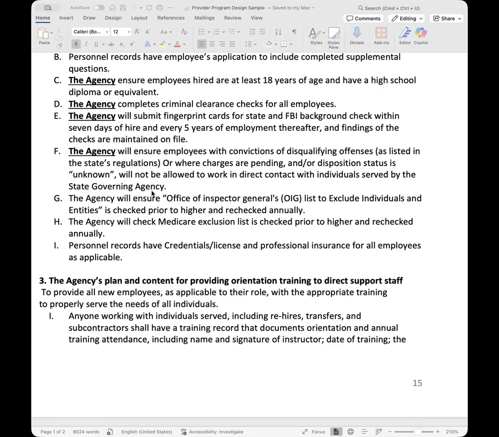So it's completely up to your discretion as the agency. But you do have the option to allow them to work before that background check comes back. You just have to make sure you let them go when those findings are not suitable to state standards.